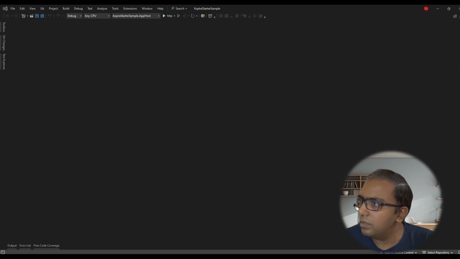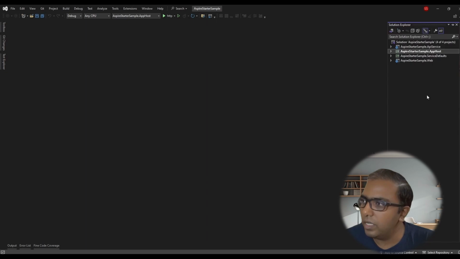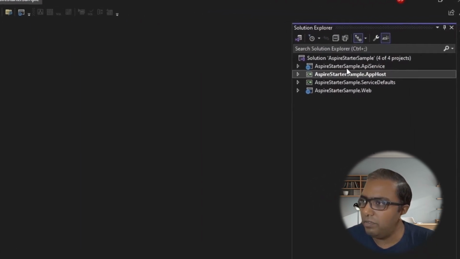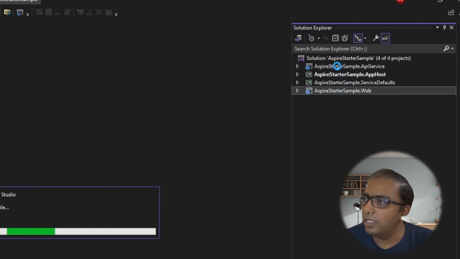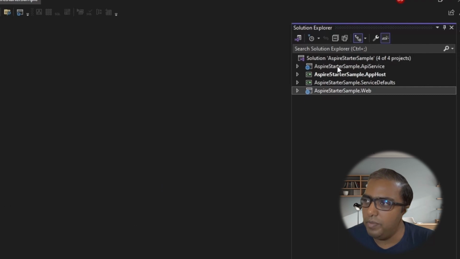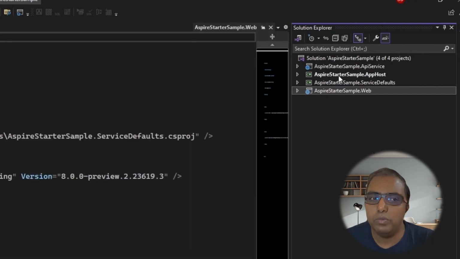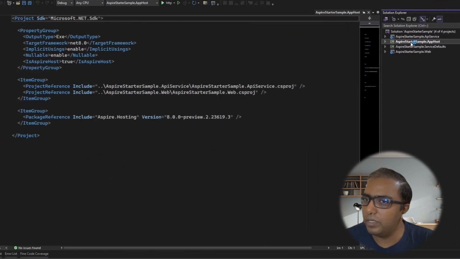Now the solution is opened. Let's have a quick look at the solution explorer. So we have 4 projects here. One is the web application, which is a Blazor project. And then we have the API service, and we have 2 more projects. One is app host and another one is service default. So let's open the app host project, and each of these projects will play an important role in the composition